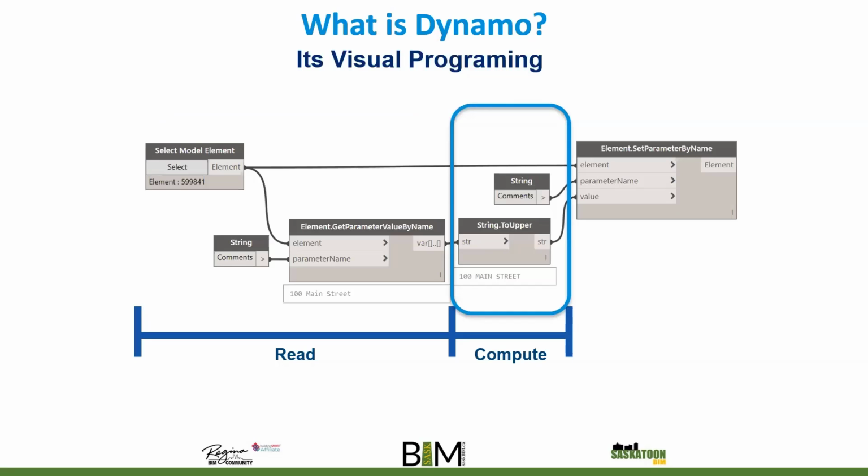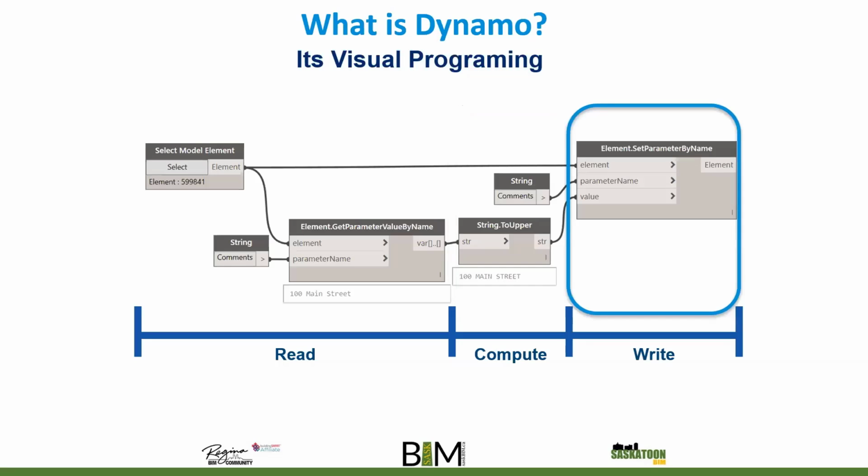Then we want to compute. So now we want to do something with that information that we read. In this case, we're taking that comment and changing it from sentence case to uppercase. And the last thing that we want to do is write. So now we want to take that information that we read, then computed, and now we want to